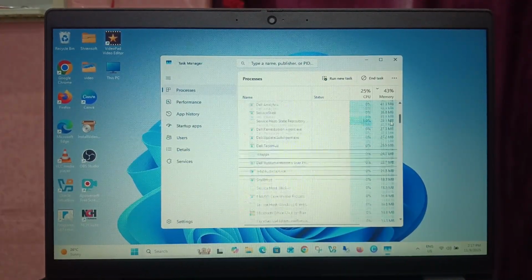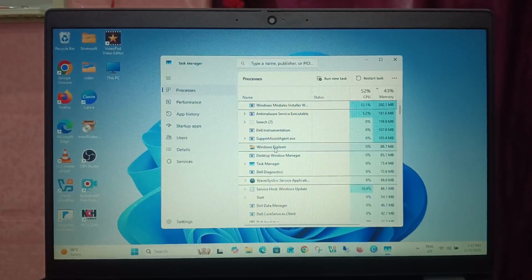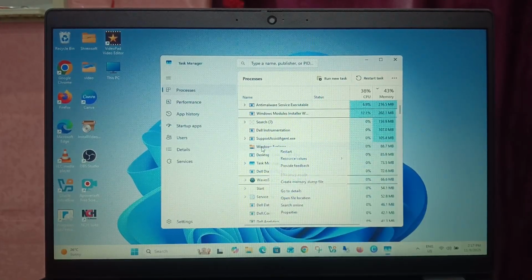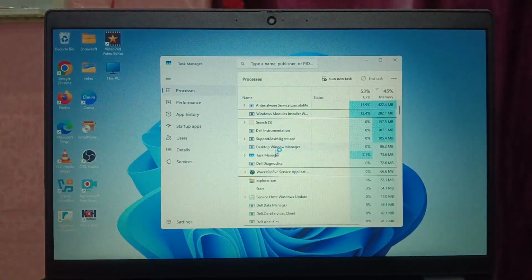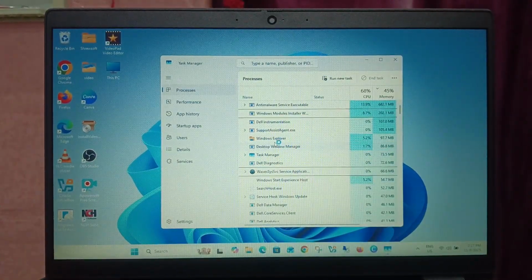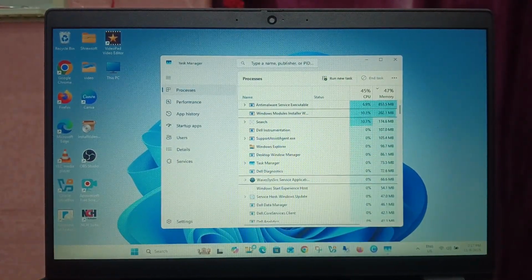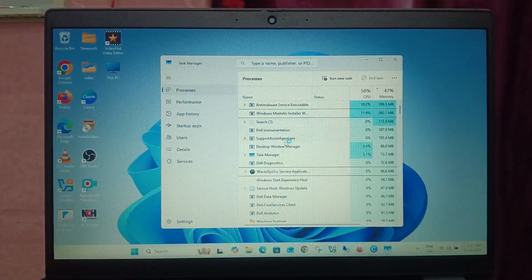Now I'm not able to get this option. Now here is the option. If you are getting the option to end this task, then well and good. If not, so let's click on run new task